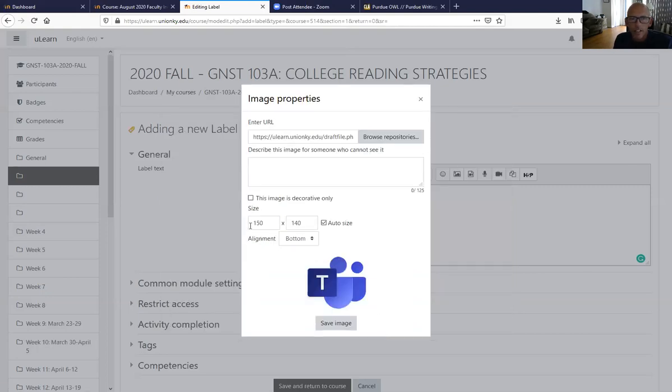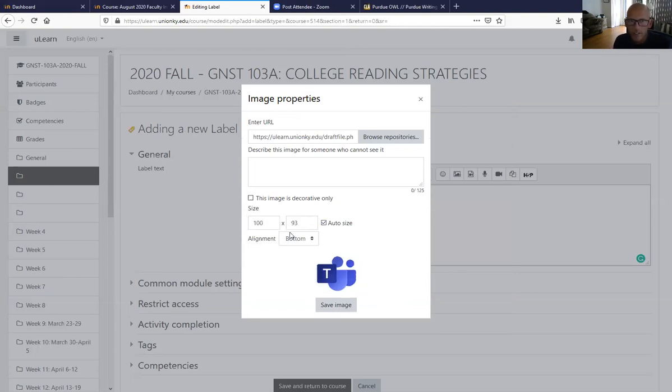You want to leave these icons about 150. If they look too big, you can do, well, you know what? I think actually 100 might, just a hunch, look better. So we'll auto size that, align at the top. That's what our image looks like. And we'll say